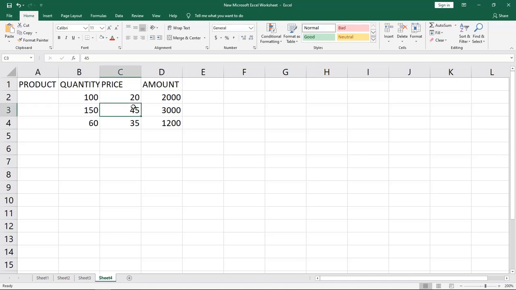So you observe that the formula we used in the D2 cell displays the result 2000, and the same formula has been copied in D3 and D4 cells. In the copied cells, the formula is B3 multiplied by C2, and in between we have given the dollar sign. When a formula containing an absolute cell address is copied, only the relative cell address is updated and the absolute cell address remains as it is. This is all about absolute referencing.